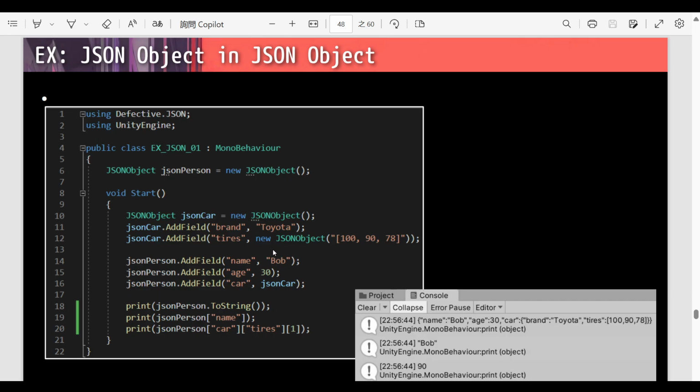So after that, I just declare a Bob, and Bob has an age of 30, and Bob has a car, which I just created before. And after everything is settled down, I'm going to print every piece of information. I can use toString to let the JSON person print as a string, or I can use